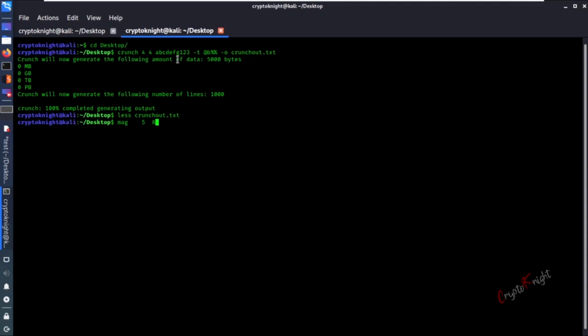Such kinds of tools you won't require in examinations, but as a hacker, as a pen tester, you always need to at least know about these tools. Probably sometime they can be of use to you. It again depends upon the kind of task you are doing and what kind of word list you want to generate.